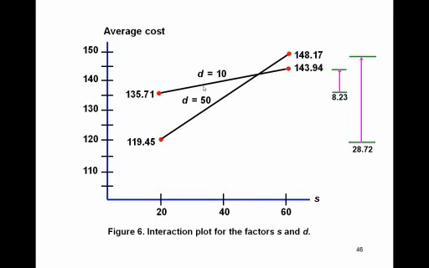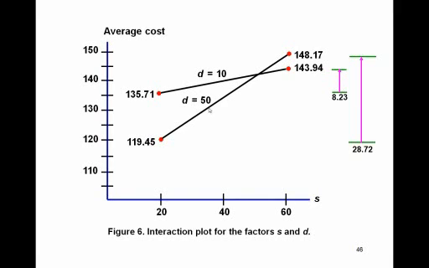The top line here corresponds to d equals 10. If we have little d equals 10, and we move little s from 20 to 60, what happens is the average cost goes up by